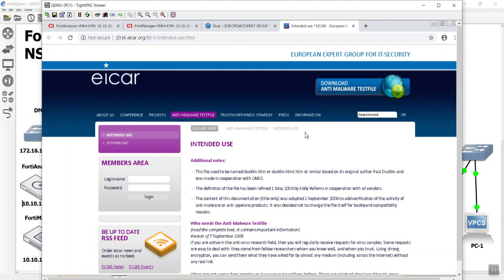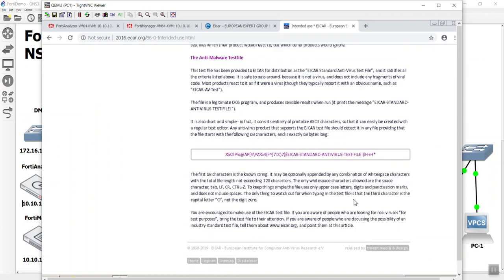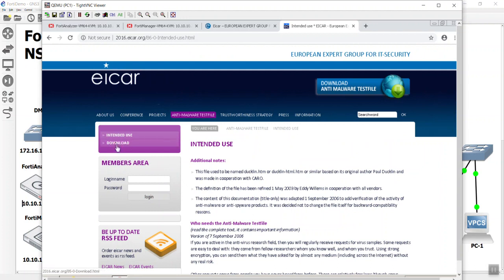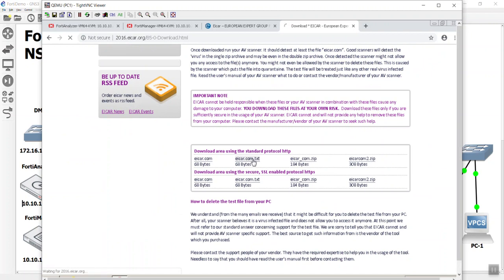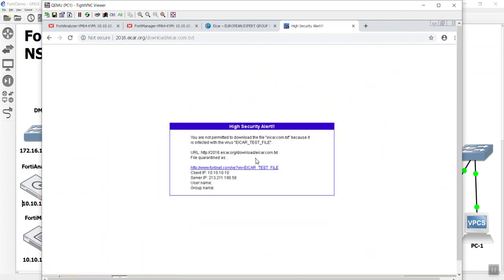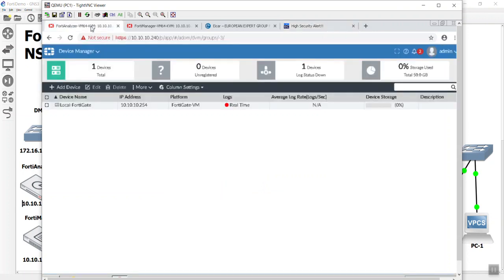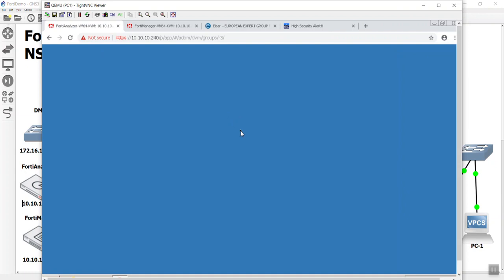And there is always a little delay, by the way, between the time that a threat actually comes in and the logs appearing on the FortiAnalyzer, just the way that it indexes it. And we'll go over all of that someday. So here we go. Just want to make sure to test some functionality. All right. My bad. Went to the wrong place. Here we go. I'll try this text file next time. So, oh, look at that. Oh man, got caught. Okay, so over at our FortiAnalyzer, let's hit F5. Hopefully those